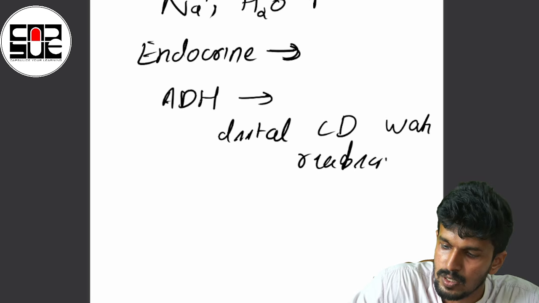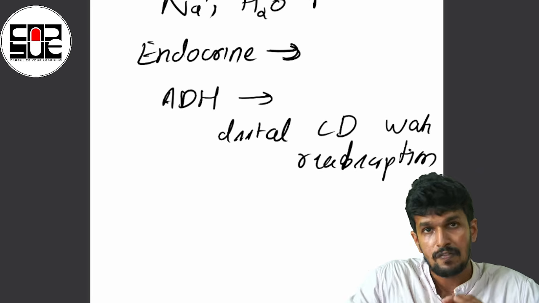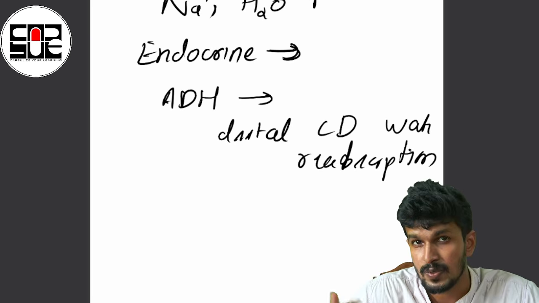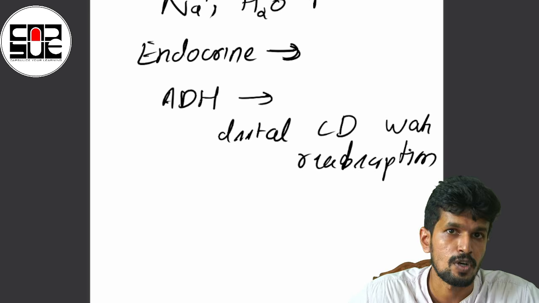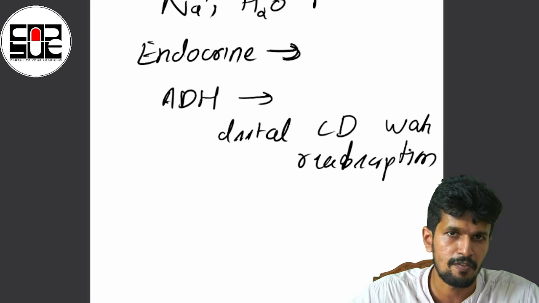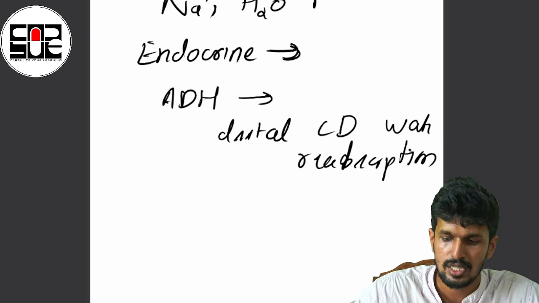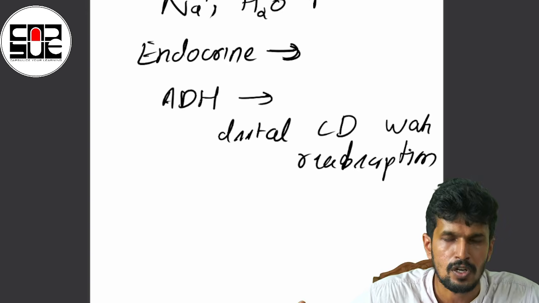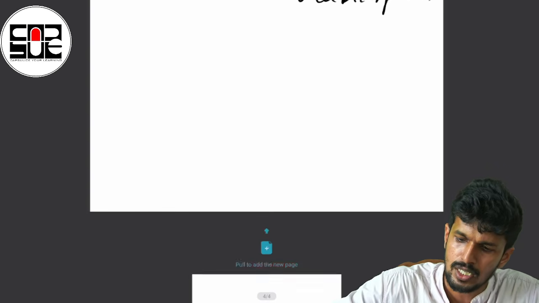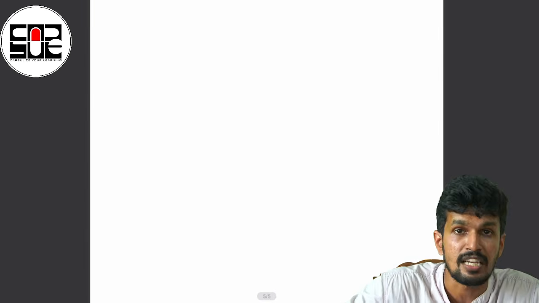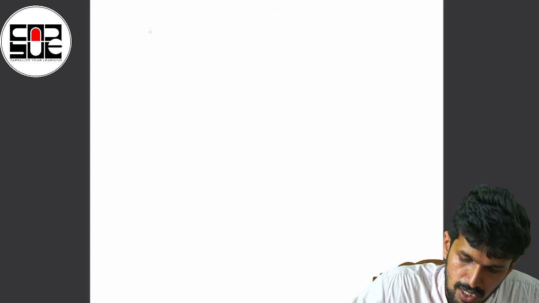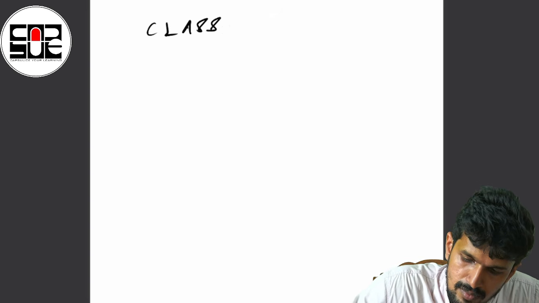So these are the four systems: the pathophysiology happening at the four system levels, which can contribute and compensate for the tissue hypoperfusion happening in shock. So we have discussed two of our topics, then we'll move on to the third topic, the most important topic which we need to deal with. That is the classification of shock.